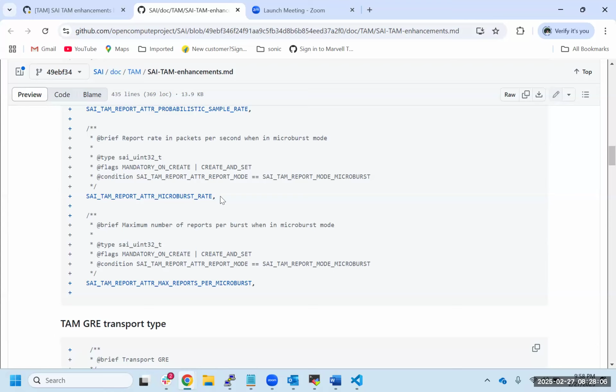So Ravi, in the workflow, there are two phases. One is where some threshold is breached, and it can be breached for any reason. And then the second phase comes, which we are talking about, where the reports are generated. Today, there's already a configuration which says what is the export interval. You have added the probabilistic sample, right? 1 in n. And is the microburst specific to that report generation? Yeah, it's in phase 2, the second phase. First is when the threshold is getting breached. That's phase 1 where events are getting generated. And phase 2 is the report generation, right?